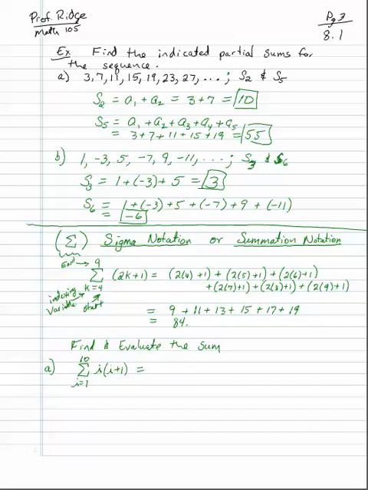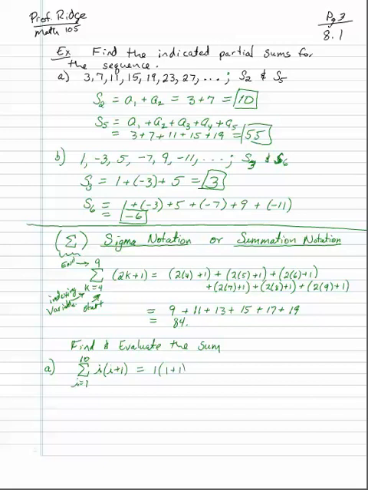Alright, find and evaluate the sum. Again, you can say sigma or summation. We got the summation of i times i plus 1, where i goes from 1 to 10. So that's the way you read it. Let me say it again. So we got the summation of i times the quantity i plus 1, from i equals 1 to 10. So again, we're going to take our indexing variable i, so everywhere I see an i, I'm going to put in 1